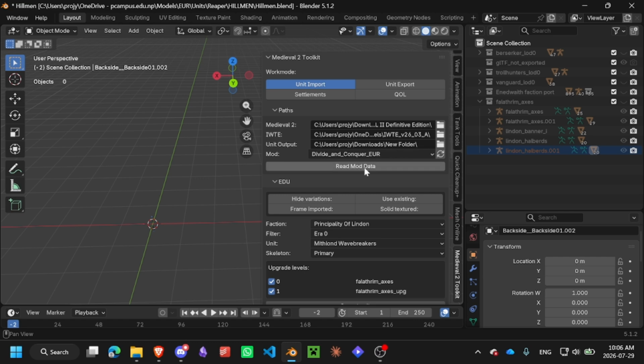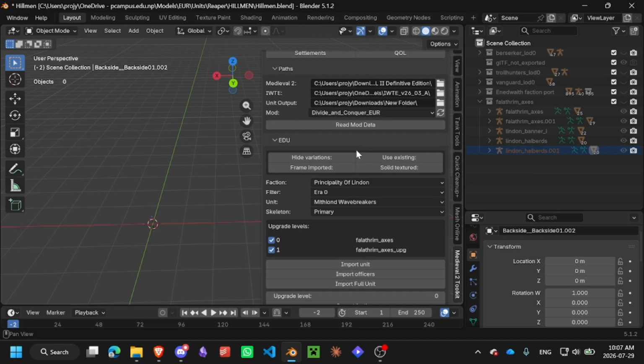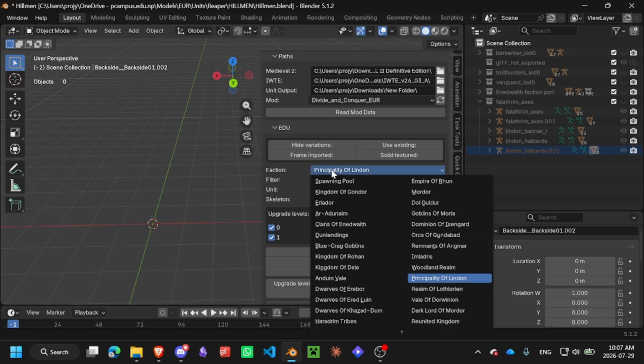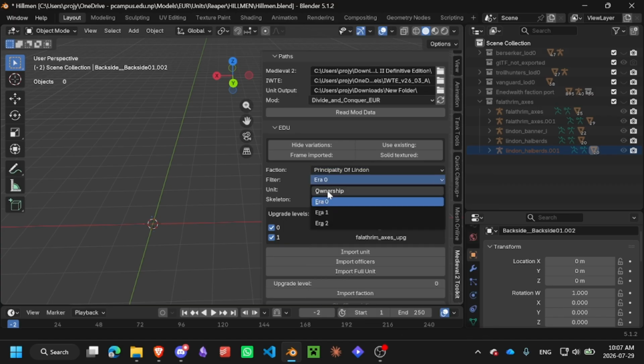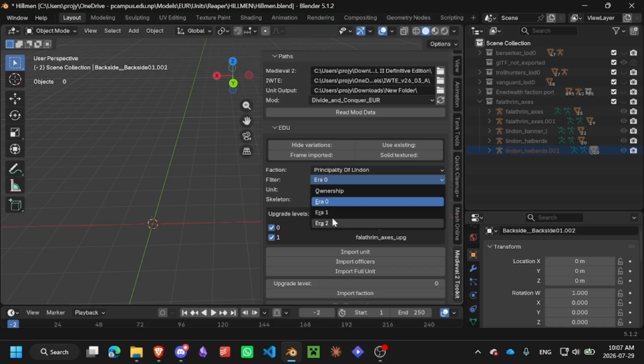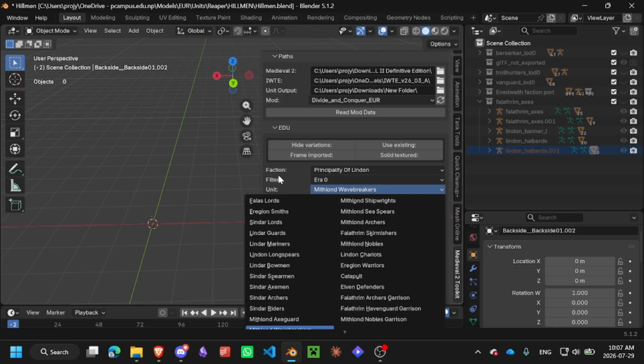And the first step would be to press the read mod data. It then parses all the BMDB and EDU and all to find all the unit factions and stuff. Now, after that, there's a few different options here in the EDU section. You can look at the faction that you want to import from, the era that you want to edit, or you want ownership of all units available in this era and so on, the unit that you want to import,